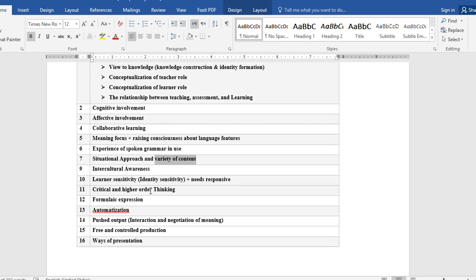Why should we learn the culture of target languages? Here, the important point is that we have world Englishes. So what does it mean? It means that we learn English to communicate with Japanese. We learn English to communicate with Americans. We learn English to communicate with French, with Chinese, with Russian.